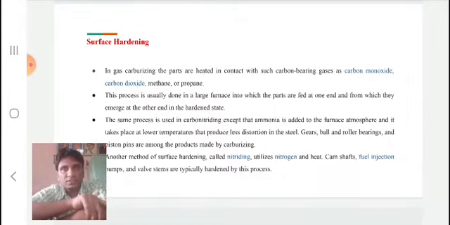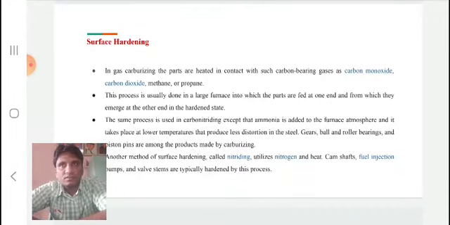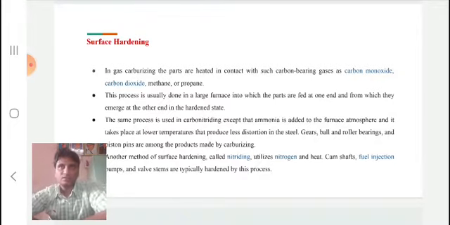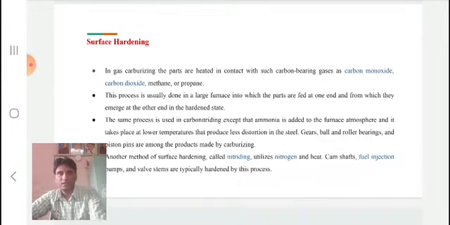So in the first technique we discussed the pack method of surface hardening, and the second technique is gas carburizing. In gas carburizing, the parts are heated in contact with carbon bearing gases like carbon dioxide, carbon monoxide, or